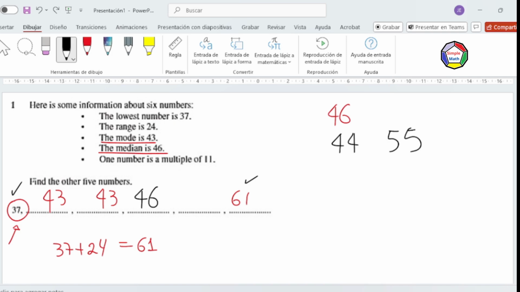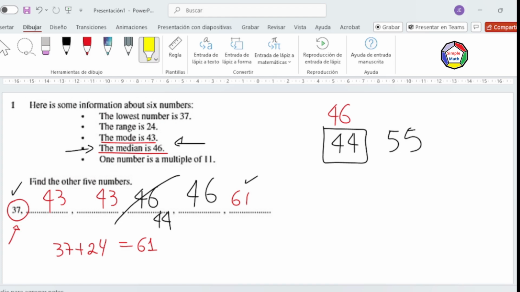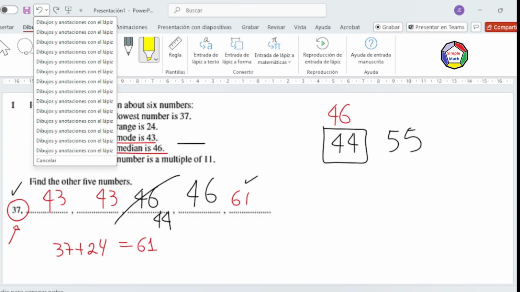It could be 44, yes, or 55. Why can 44 not be? Well, it could be 44, so we can write 44 here, but if we write 44 here, 46 cannot be here because it's not in the center, because it says the median is 46. So the median is the number that is in the center. And if you see, we copy like that and we calculate the median, 46 is not going to be in the center. So it cannot be 44 rather than